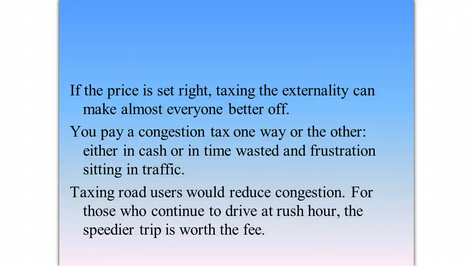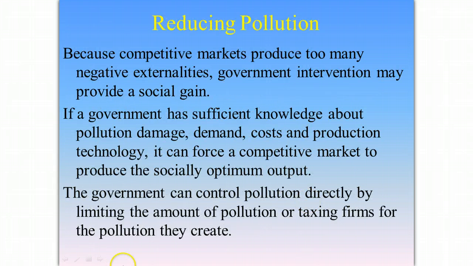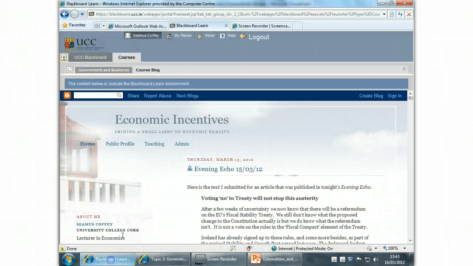If the road is free to use, you just use it whenever you want. But if there's a cost and the cost varies, if you need to drive at 5 o'clock and it costs a fiver to drive at 5 o'clock, you will drive at 5 o'clock if the benefits exceed the costs for you. But if you could delay your trip, go at 6:30 or make your trip earlier, the €5 charge at 5 o'clock might make you say, look, I'll go at 4 o'clock instead. There's no great difference in it. So it spreads out the road usage over a longer period and reduces rush hour. So it can have useful effects.